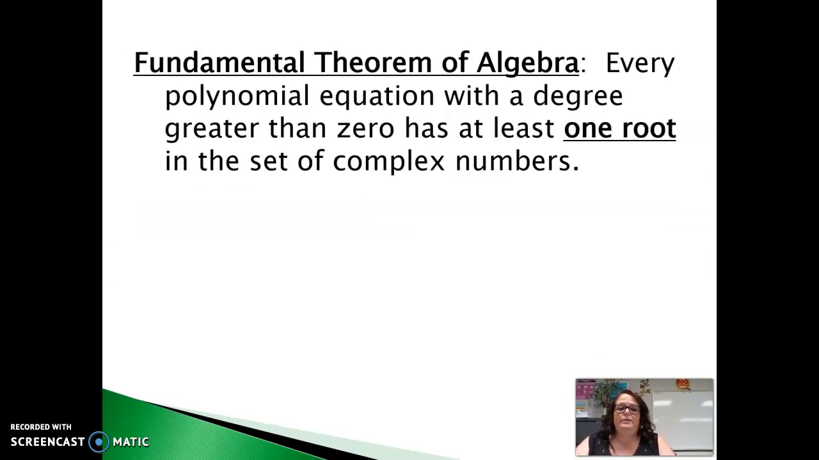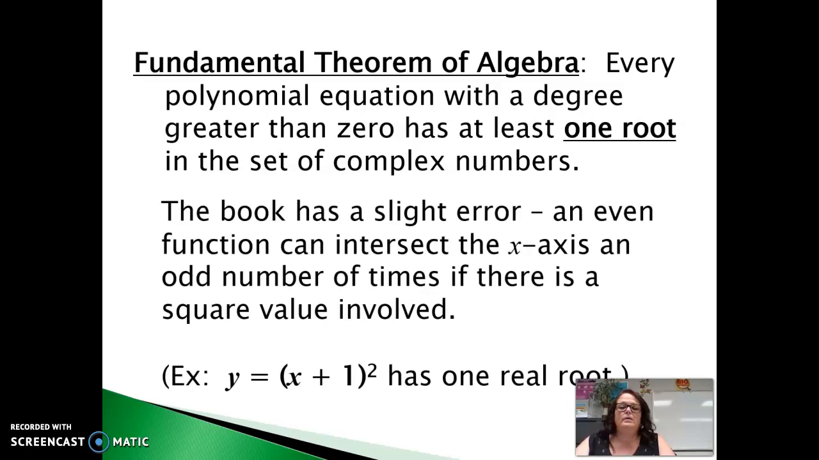So the fundamental theorem of algebra says that every polynomial equation with a degree that's greater than 0 has at least one root in the set of the complex numbers. So the book has a slight error in it. It says that an even function can intersect the x-axis an odd number of times. I'm sorry. The book says it only has,